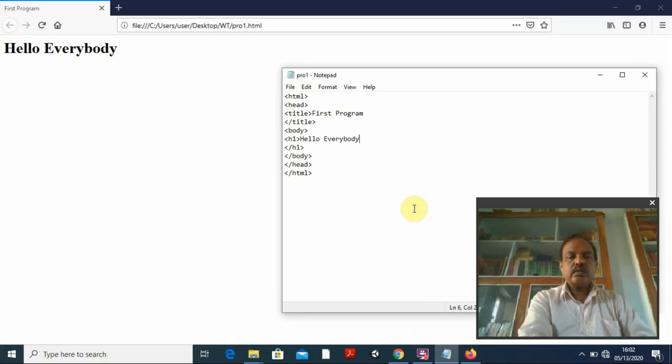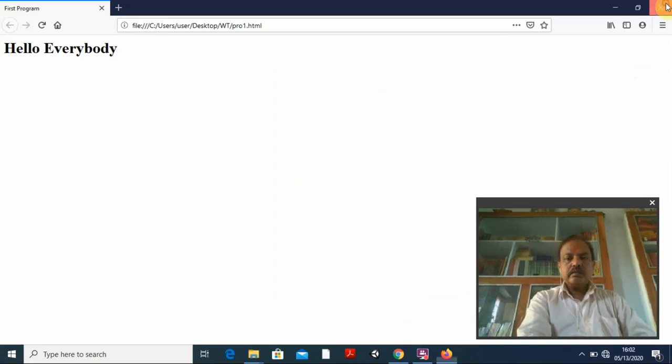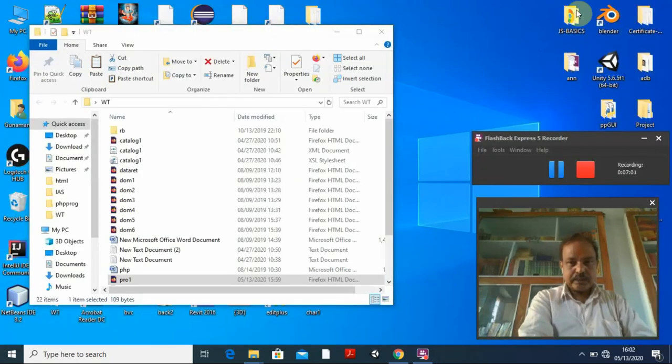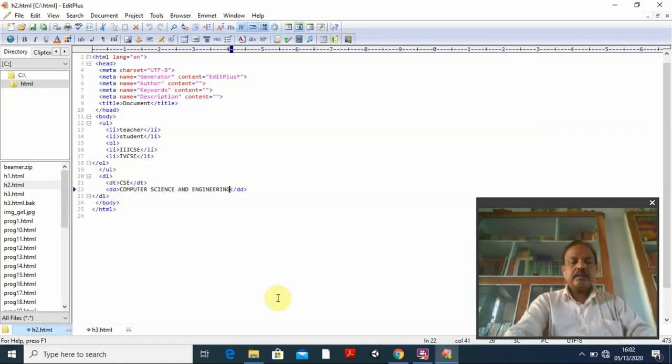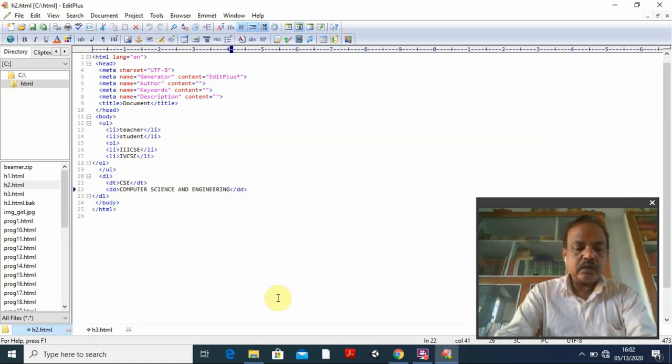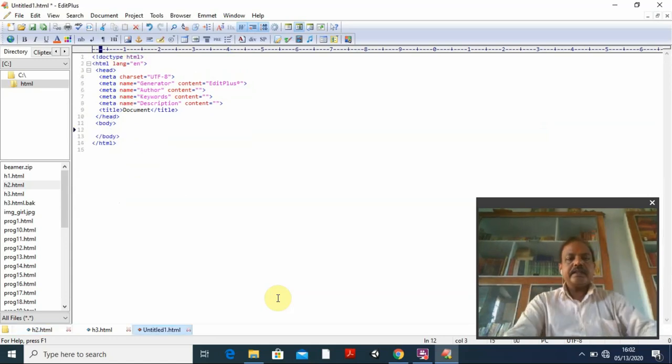I have shown you this using Notepad. Why would you want to use another editor? There are so many editors which are more useful, because a number of tags will be there by default. For example, I can use Sublime, or I can use Edit Plus. Suppose I want to use Edit Plus. Just double click Edit Plus, and here you type Control Shift and N. A new editor appears by default. You may ask why so much data is there. Yes, by default all these things will be there.